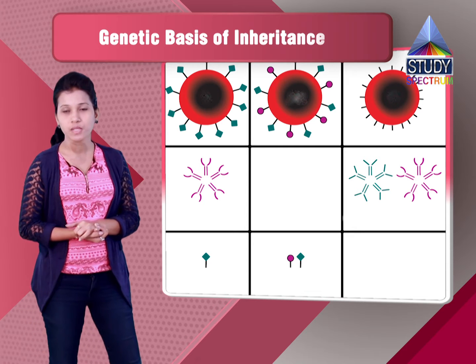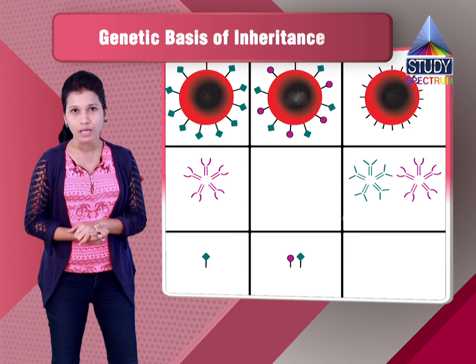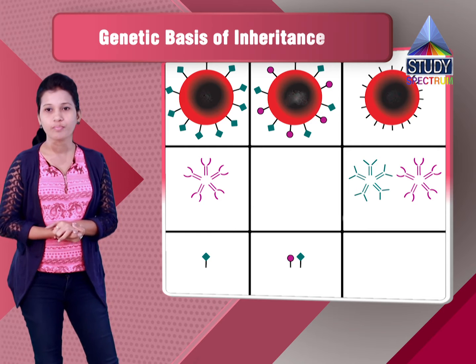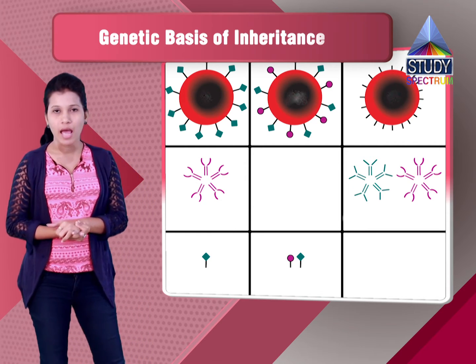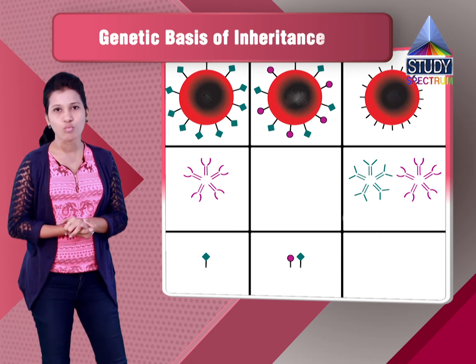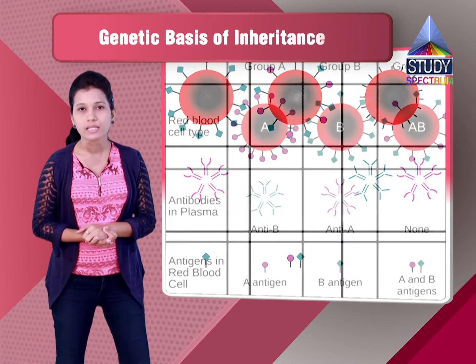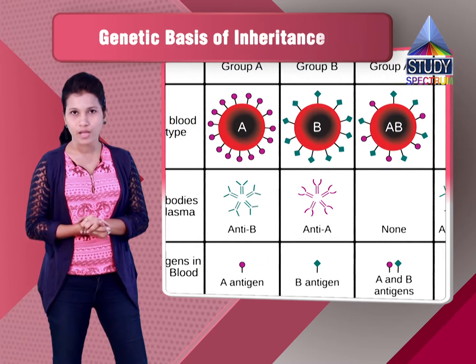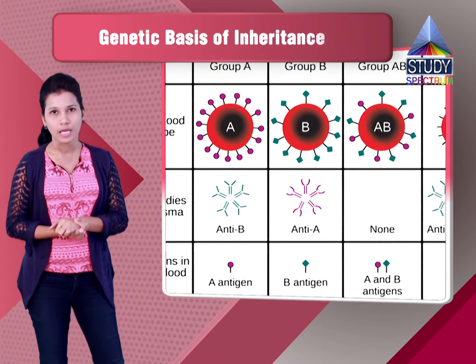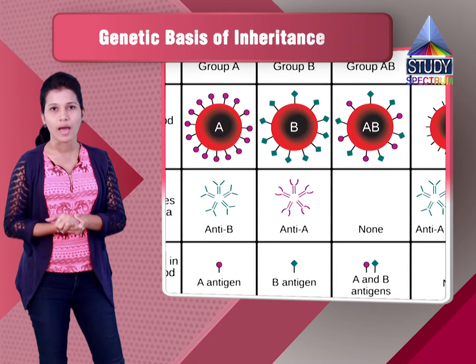According to the genotypes, that is for the blood group A, that will be the phenotype of the person. For the blood group A, the genotype will be IAIA, and it can be IA and small i. The small i is the recessive gene. So it can be capital IA and capital IA, or IA and i.